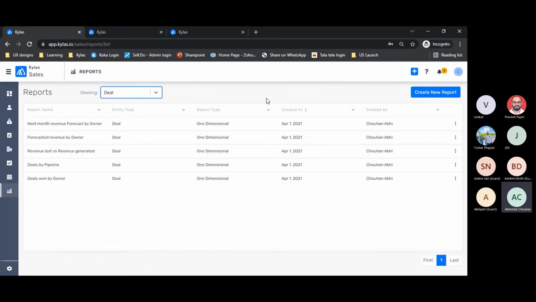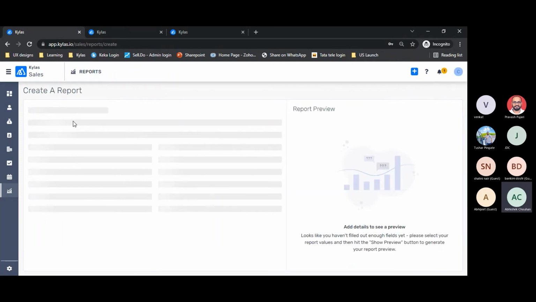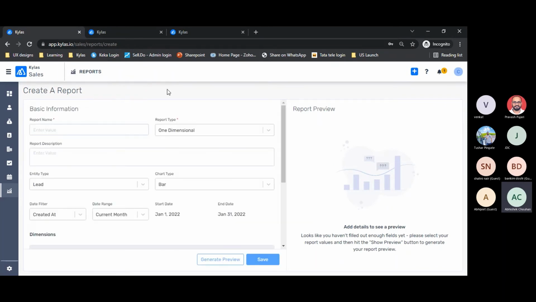So that gives me an idea that there is some problem going on in terms of negotiation. Why are there so many deals in the negotiation stage? Okay, so I can pinpoint the owners of that deal, why this deal is still in negotiation, what the problem is, where the negotiation step is stuck.